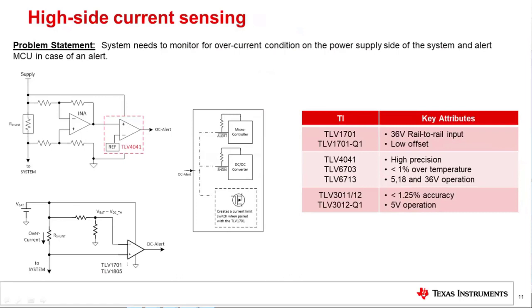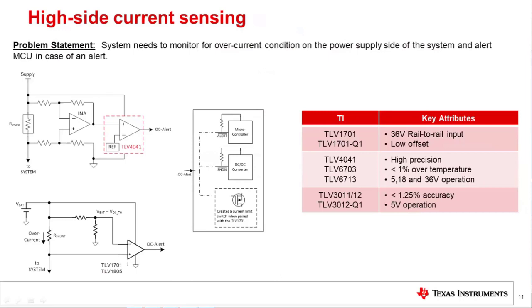But for current sensing, you're looking for a quick response, right? Faster than an ADC would give you, or faster than a transimpedance amplifier alone. So in this case, comparators with quick propagation delay are the key heroes here. And I've shown two different ways that I've seen my customers typically deal with current sensing using a comparator. The first at the top is very common. You have a shunt resistor, a current sense amplifier, and then a comparator. And that comparator just quickly sets an alert signal. It gives you a quick, okay, my system has now hit an overcurrent condition. Please let the microcontroller know.